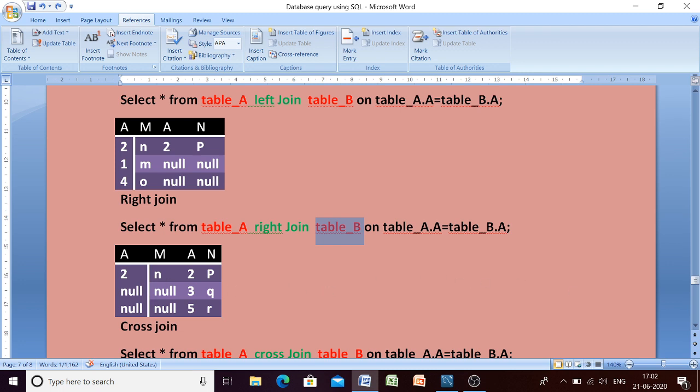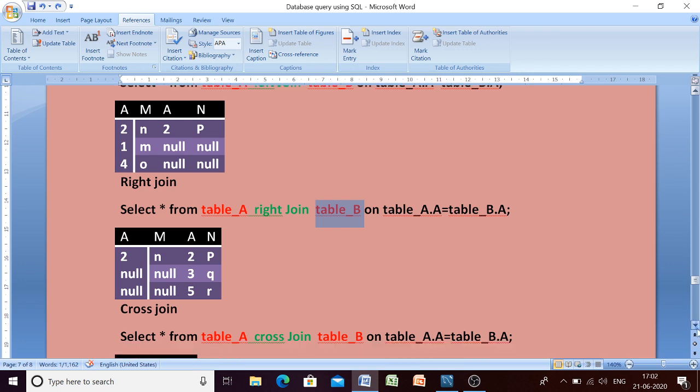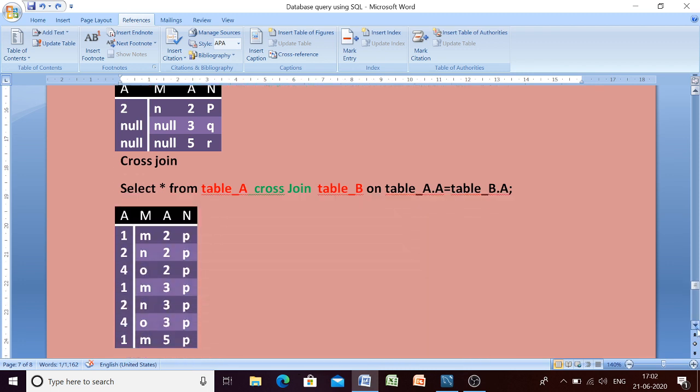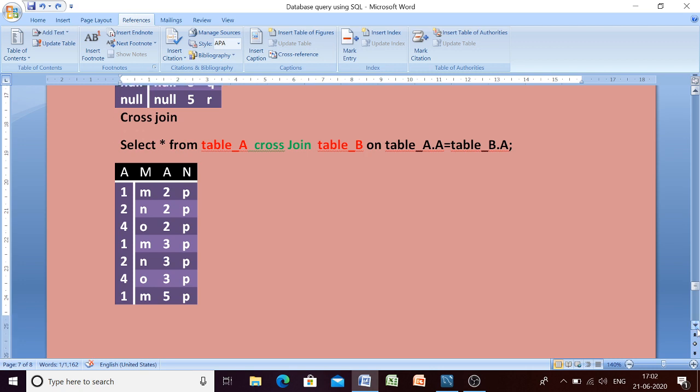And the last one, beta, is cross join. Cross join will give us all the possible combinations between the two tables. Here in the first table we are having 3 records, and in the second table we are having 3 records. So while performing cross join, we will have all the possible combinations of the two tables.